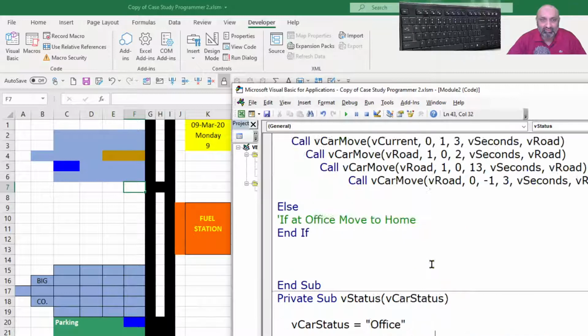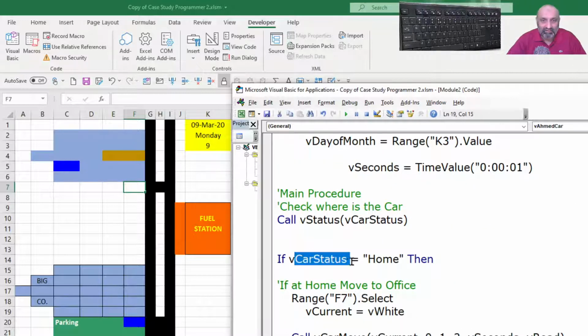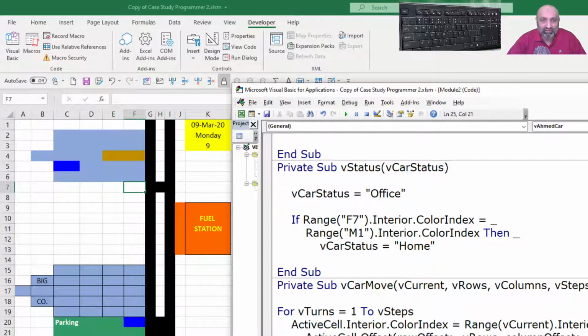Otherwise, it will be at office. So let's go back. If the car is at home, then we move our cursor to F7, and we say that the current color is white, and then we move the car with the help of the car move macro.